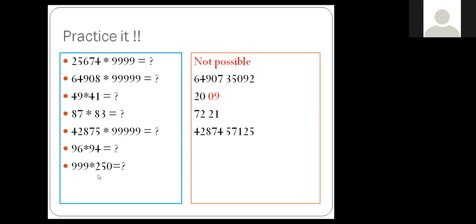Now the next problem is 999 multiplied by 250. Here carry will be generated, so be careful, because the last digit is 0. Whenever you subtract from 10, 10 minus 0 will be 10. So 1 will be carried forward, right? The 0 tells the 1, don't stay with me. So 1 says, okay, I will go with the next number, right? This is a story you know very well now. You can always remember this by a story, especially a Corona times story, because we are learning this Vedic maths in Corona times, right?